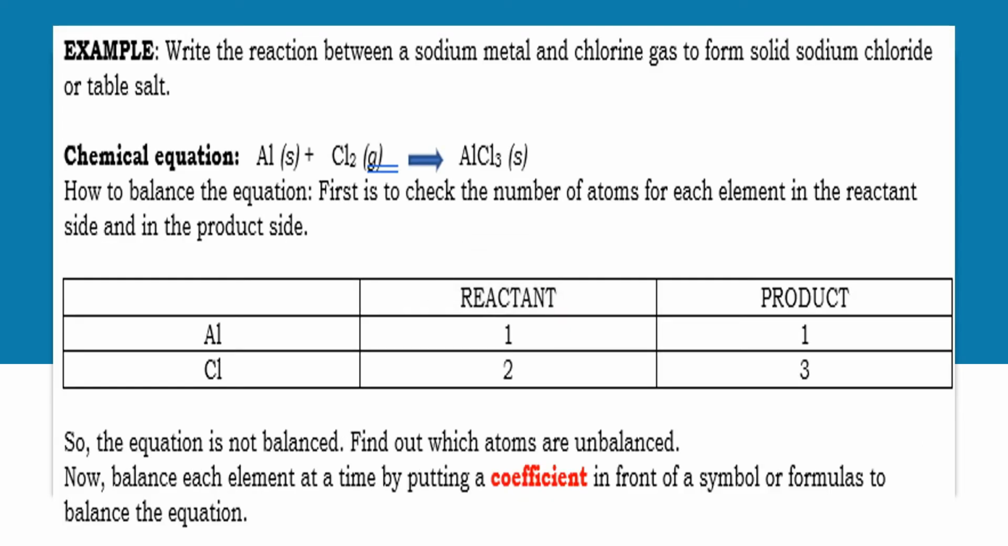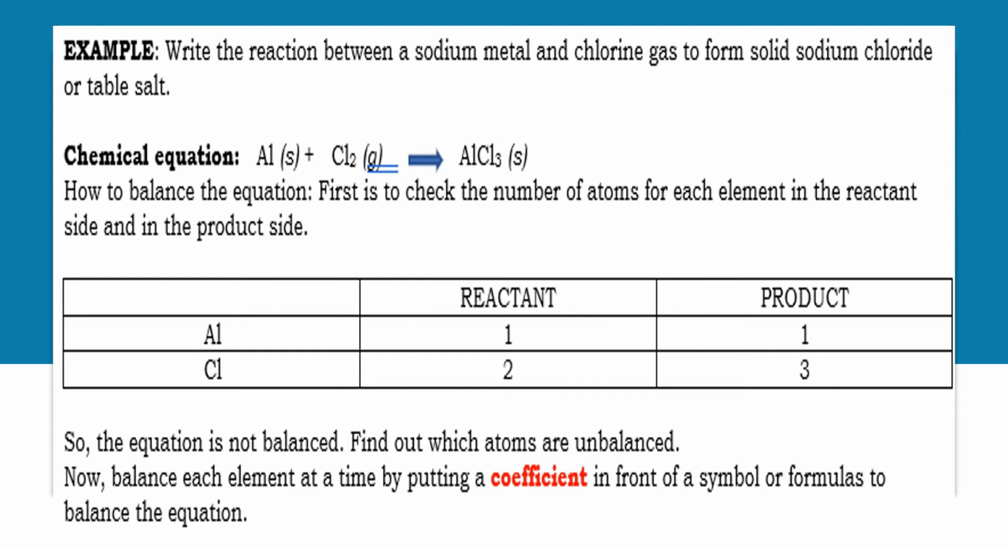Okay, so let's try to analyze the sample. You write the reaction between sodium metal and chlorine gas to form solid sodium chloride. So for your chemical equation, again, you have to write the reactant on the left side and the product on the right side. Using this given, your reactants here are aluminum and chlorine, and your product will be